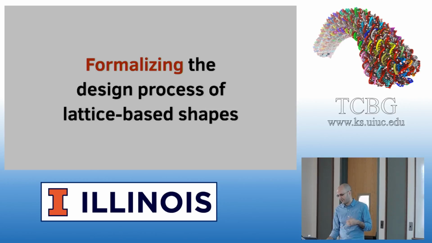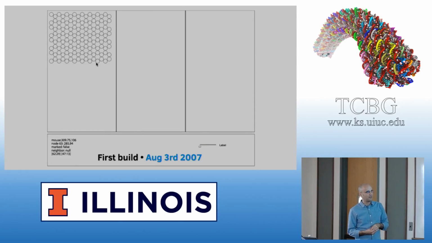And so after 2 years of trying to make non-GUI versions of software that do this, where I was using input that was like ASCII art, I realized we just needed a graphical interface. I had no idea how to build that at the time, so I just knew I wanted one. So I started working late at night, figuring out how do you draw something on the screen? How do you handle a mouse click? How do you draw some text? And so after probably a month of work, the first build of Cadnano was completed on August 3rd, 2007,